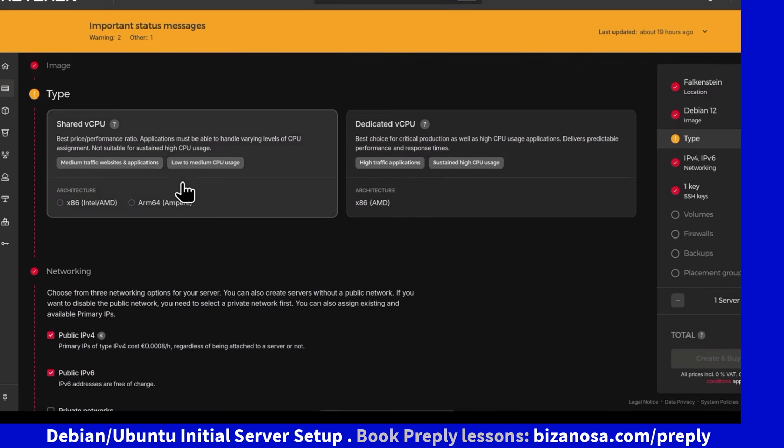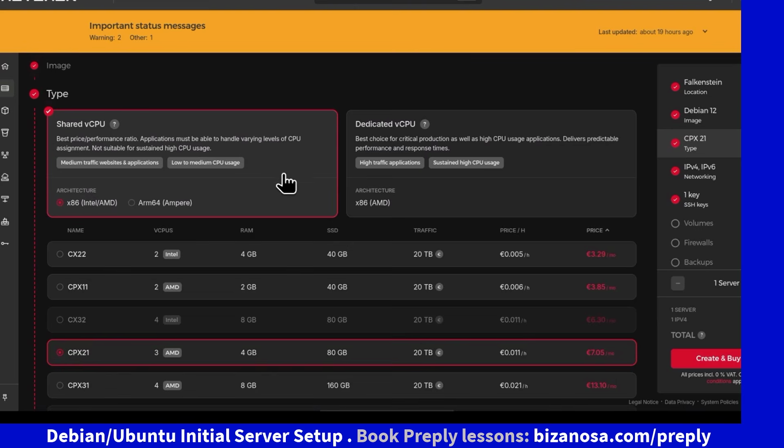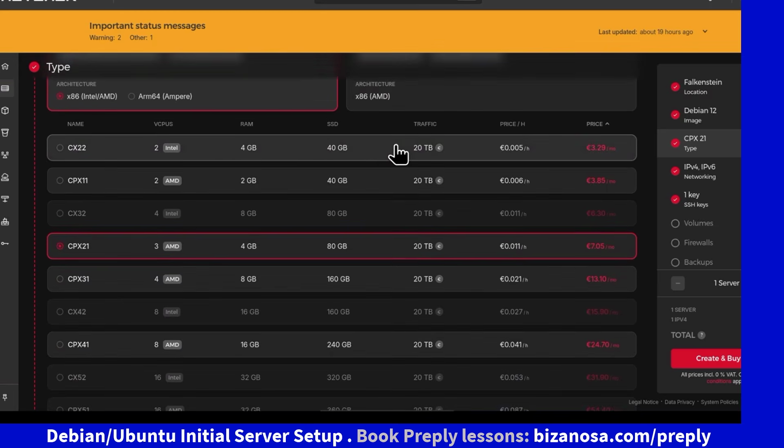And then the type of server, you can have shared virtual CPU or dedicated CPU. In this case, we're going to go with the shared CPU. These are the normal VPSs. These are also VPSs, but the CPU is not shared, it's dedicated. So in this case, I can go with,